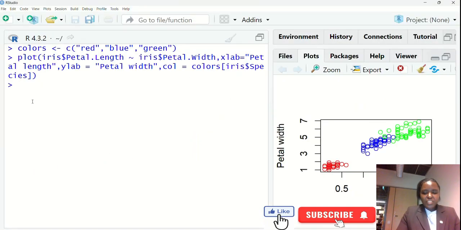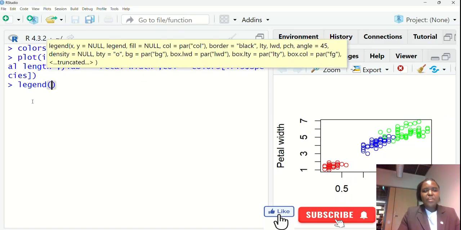So we use the function legend, and then we specify where our legend is located. In this case, the top left corner, and then legend equal, and then we specify which legend you want to use. In this case, we need the levels of our iris species. Then levels,